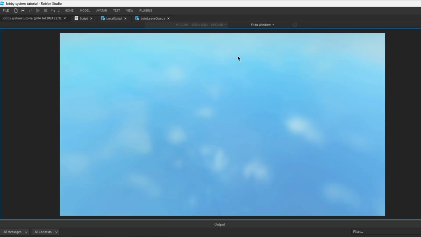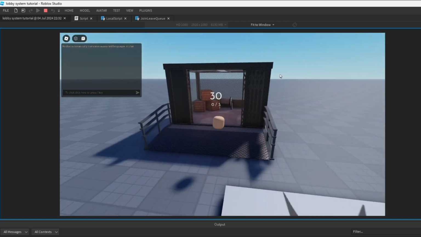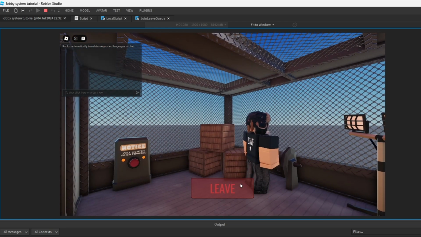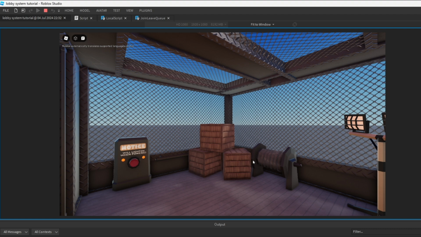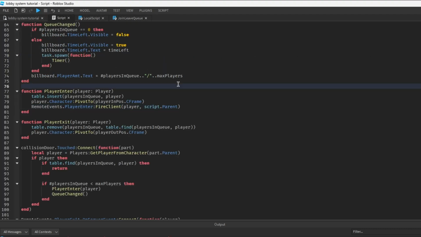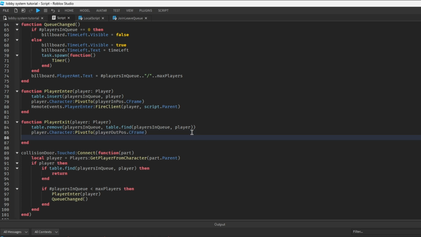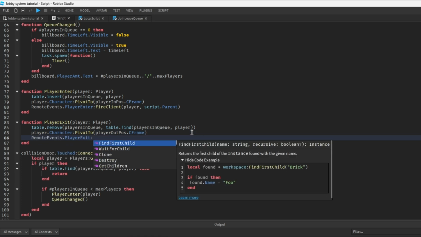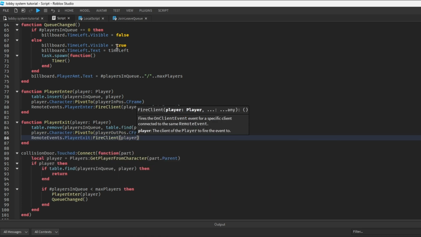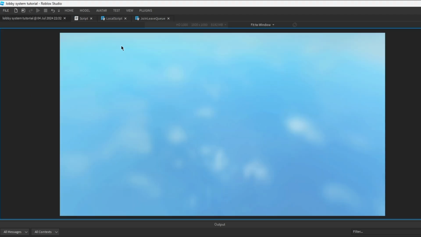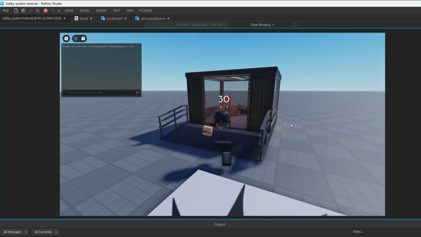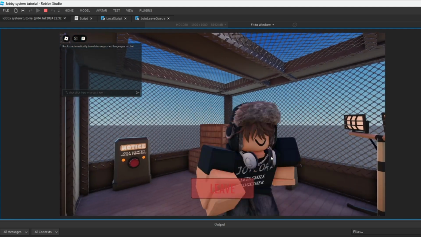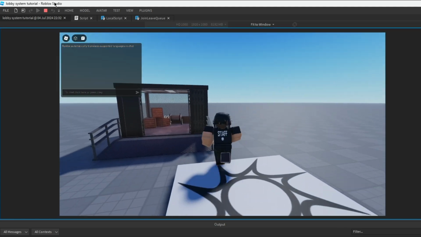Now, if we hit run, we should get our camera position. Bam. We leave. It does not reset. Ah, right. Okay, so the reason for that is that we never actually call player exit. So we just want to remote events.player exit fire client player. And then we hit play. And we run it. Our camera position works, then we leave, and we get put outside, and our camera returns